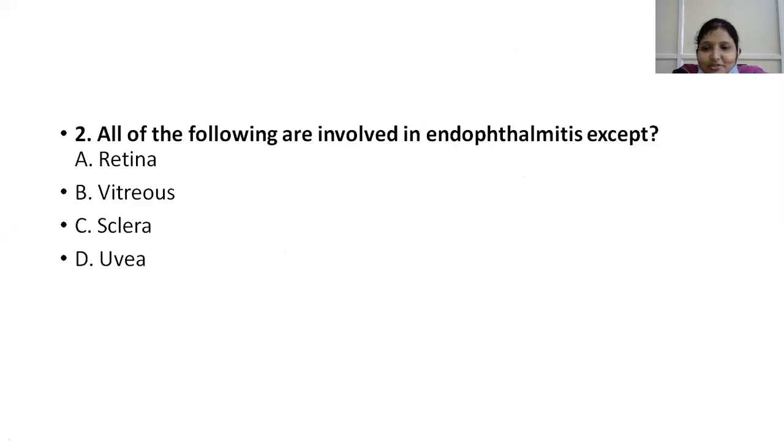You have not listened to the definition of the first person. Who is it? They have written as A. So what is endophthalmitis? It is inflammation of the inner structures of the eyeball, that is retina as well as uvea. So the sclera is not involved in endophthalmitis. If the sclera and tenons are involved, it is called panophthalmitis.